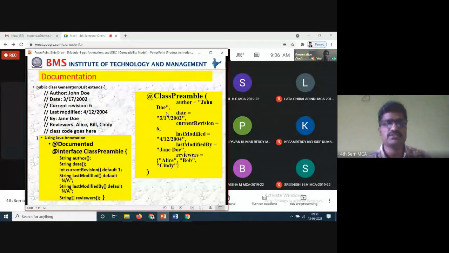Date also we have defined as a string, that is month, DD, and YYYY. Next is currentRevision, which is equal to an integer. Directly we can assign the value 6. Single quotes or double quotes are not required. Next is lastModified. Last modified is also a string only, so within the double quotes we are writing.